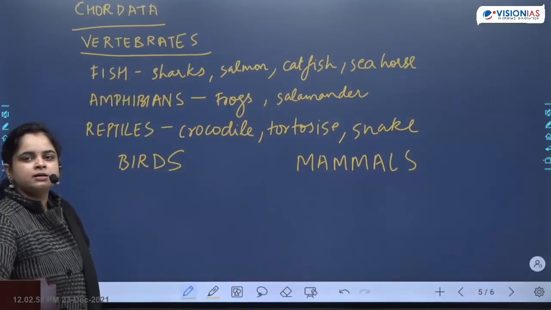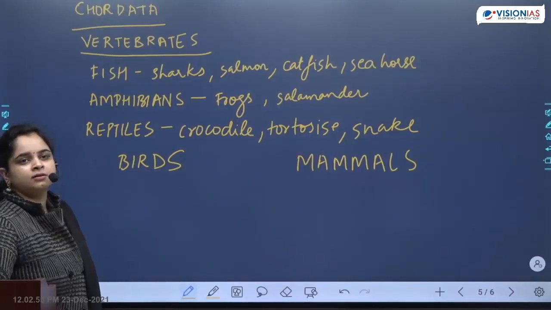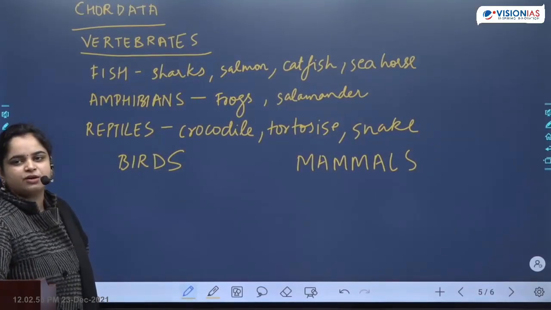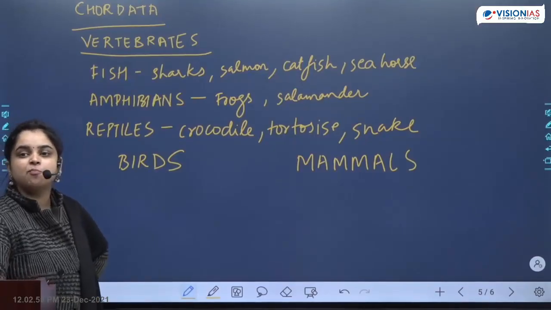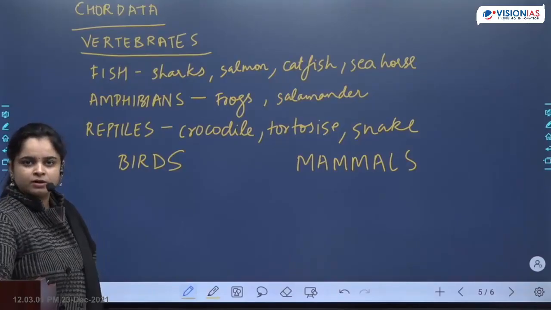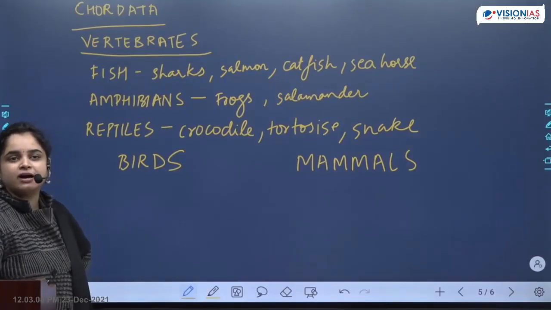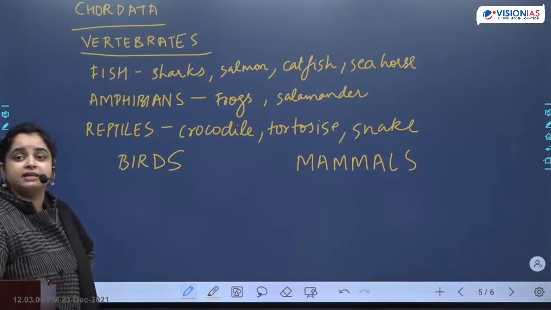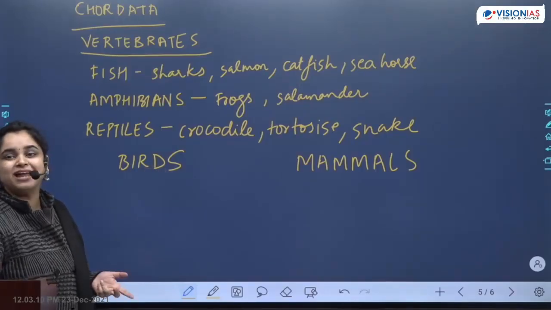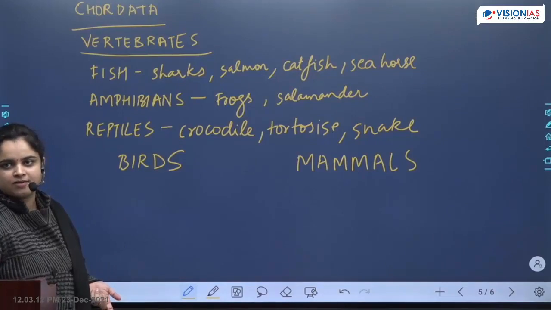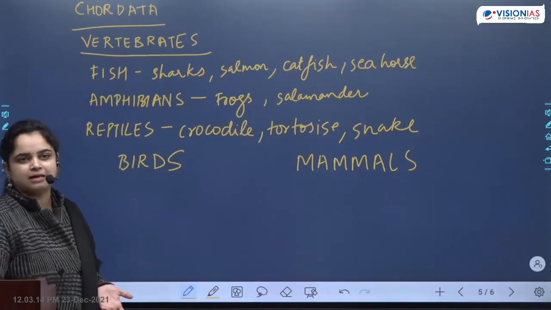And this is where most of your questions are going to come from. Because these are the organisms which we are most concerned about, which are the ones which are endangered, which are becoming extinct. So this is where the focus of the news is mainly going to be. And that's why you will come across many examples.